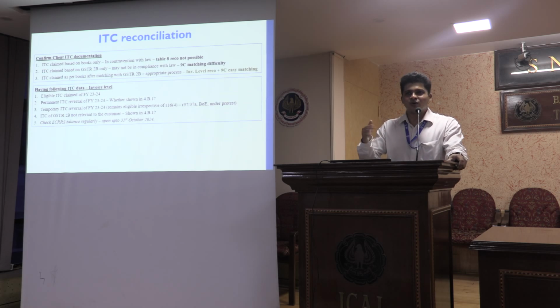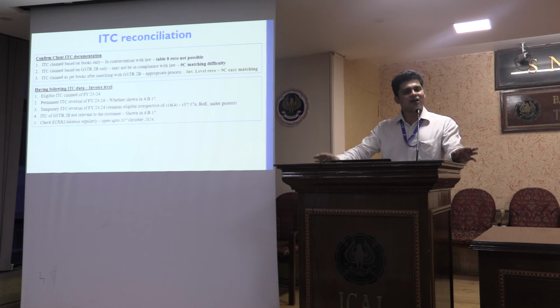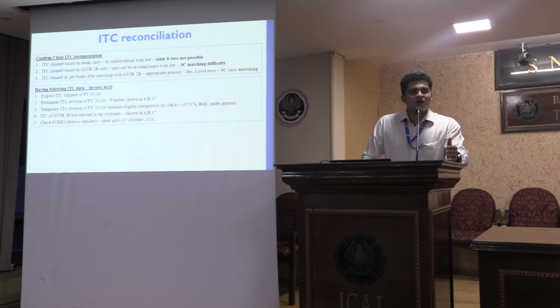We are seeing a lot of notices being raised. Department is saying the total of 2B is 100, your total in 3B for the period is 80. Time period already has passed to claim the credit. So that 20, now please claim it and put it in 4B1, I'll get my revenue. This is a very common request, or request is a nice way of saying it, but a very common request of the departmental officers. We have got many calls on 20th November for our clients telling please include these transactions in